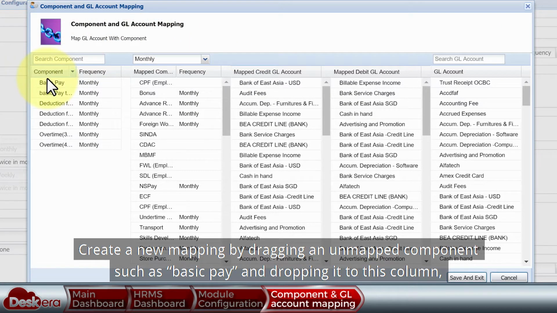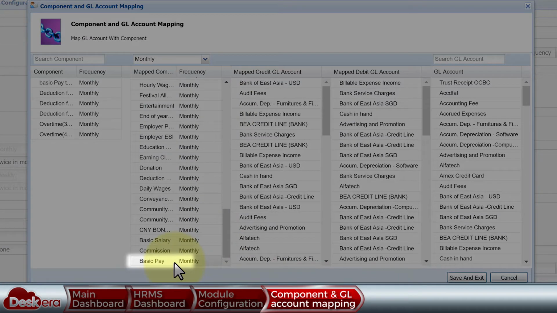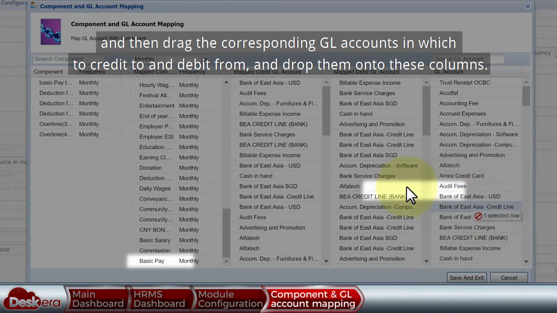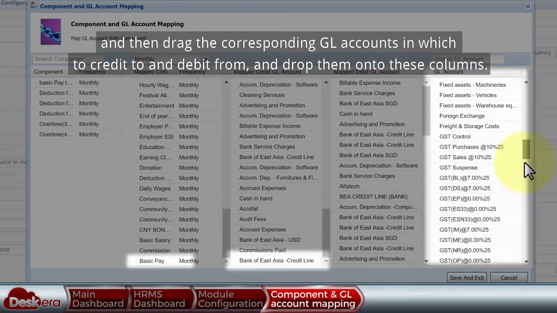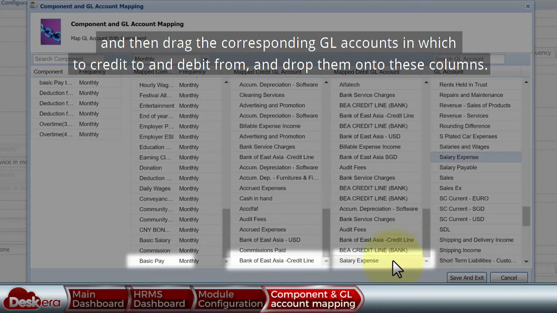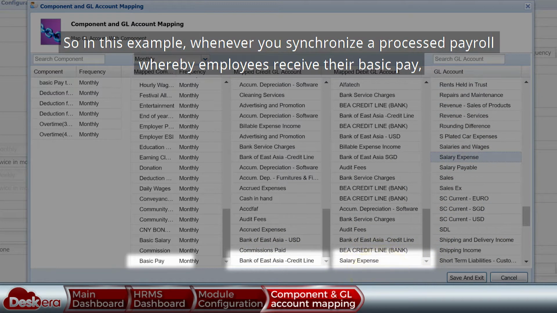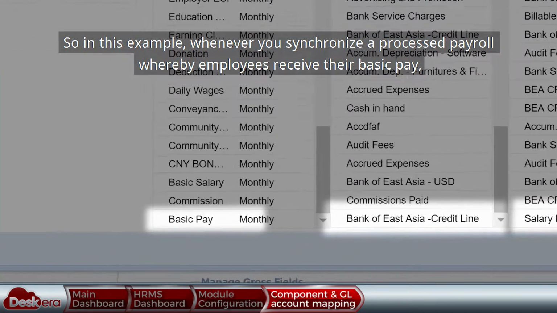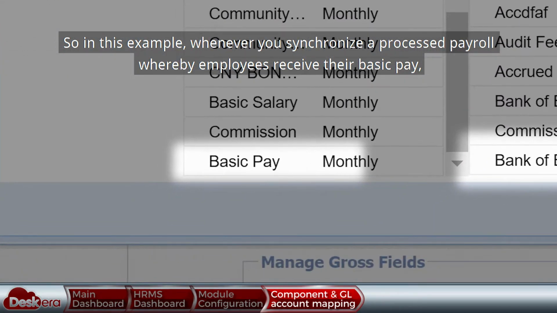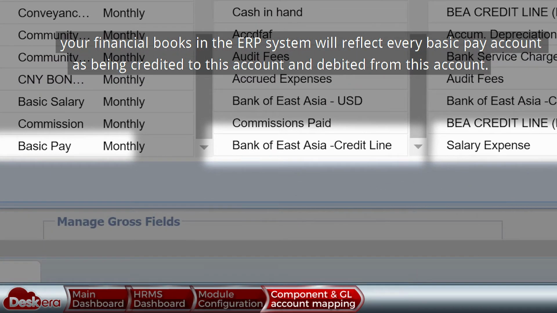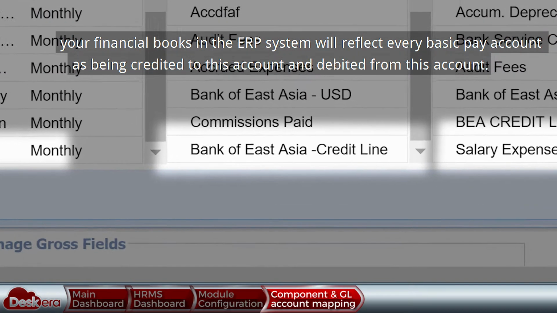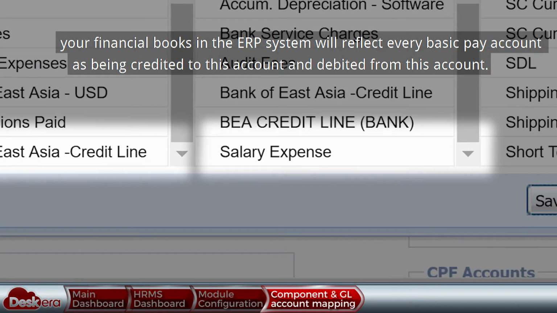Create a new mapping by dragging an unmapped component such as basic pay and dropping it into this column, and then drag the corresponding GL accounts in which to credit to and debit from, and drop them onto these columns. So in this example, whenever you synchronize a processed payroll whereby employees receive their basic pay, your financial books in the ERP system will reflect every basic pay account as being credited to this account and debited from this